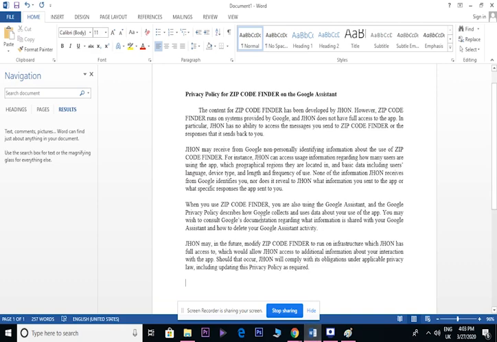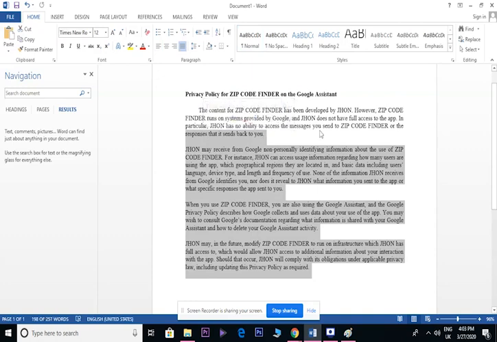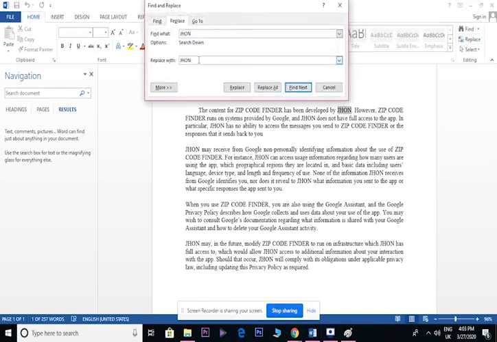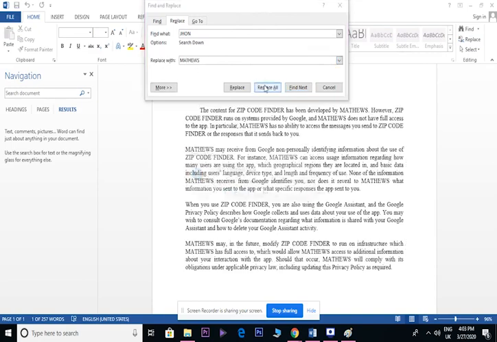For that, I have a privacy policy of my old application on Google Assistant. You can copy and paste it, and one thing you need to replace is your application name here. My old one was Zip Code Finder, and the person who developed it has a sample name like John. So you need to replace both these things. Just replace John with another name like Matthews. Just replace all,